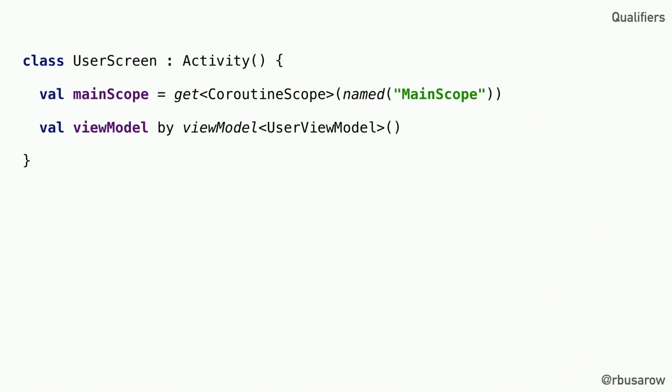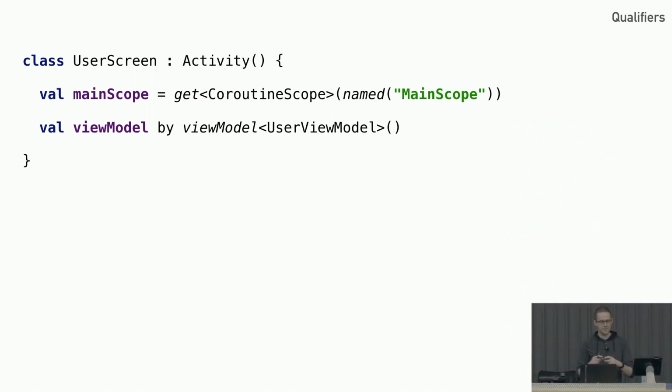if we wanted to access a coroutine scope from the graph, and specifically the main coroutine scope, at the consumer side, we would again just pass in that same qualifier, and now Koin's going to say, oh yeah, I know that you want the main coroutine scope. I'm going to give you that one with Dispatchers.Main.